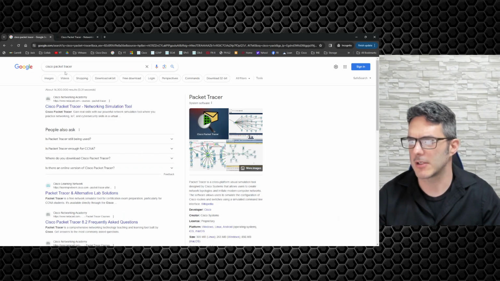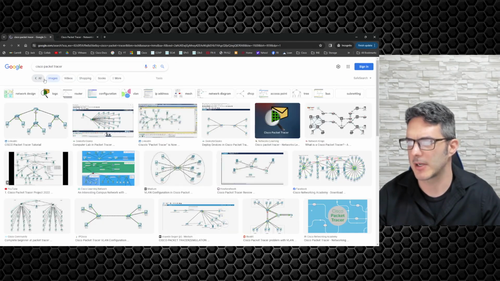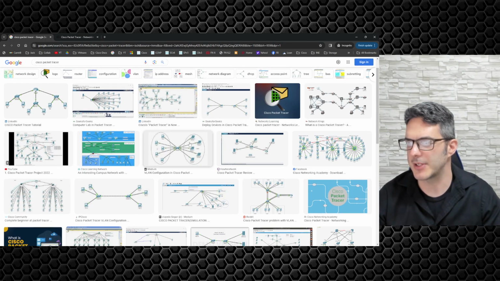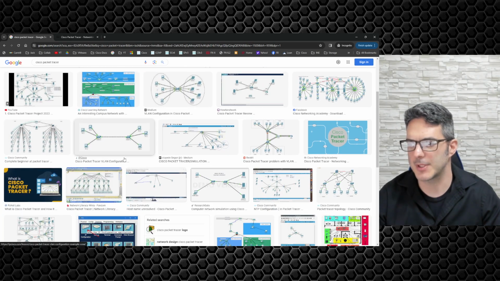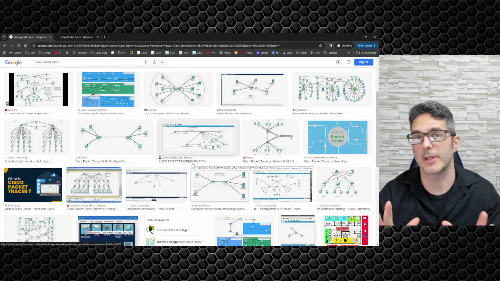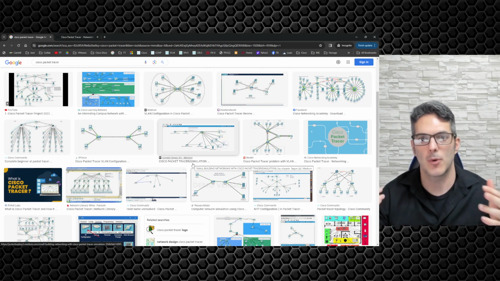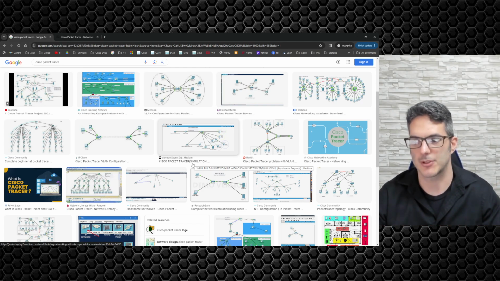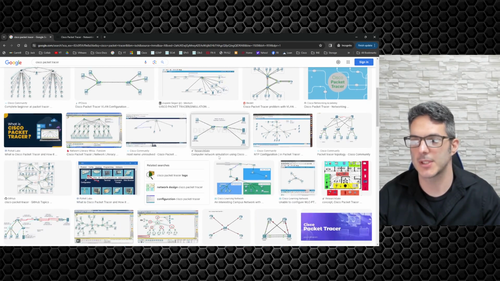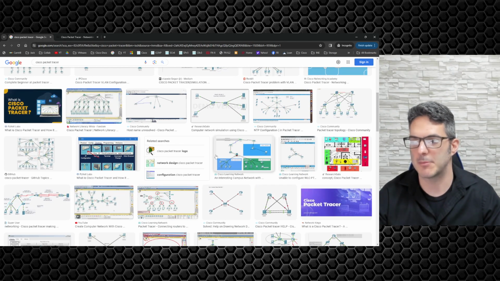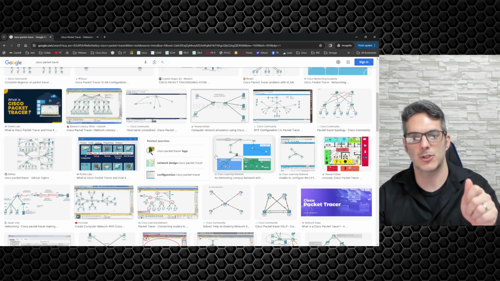I'll go ahead and just do some images real quick. There are all kinds of people building out these networks in Packet Tracer, and they're developing these networks so that they can play with them. So now it's a simulator. There are limitations to what you can and can't do with networks inside Packet Tracer, but it will give you the flexibility of playing around with the actual clicking,